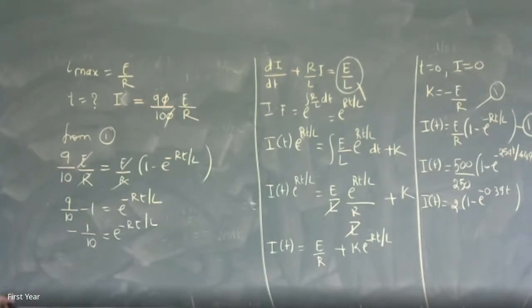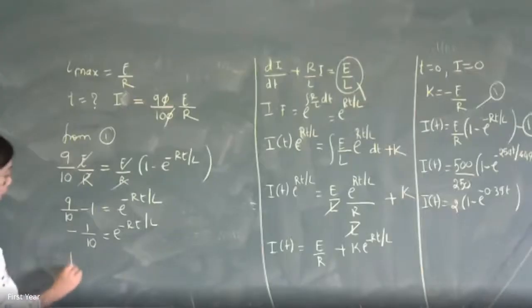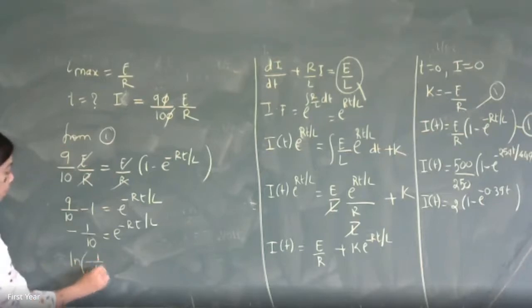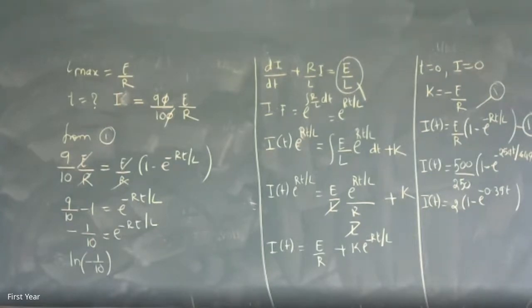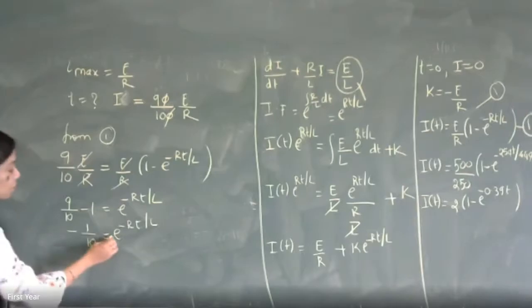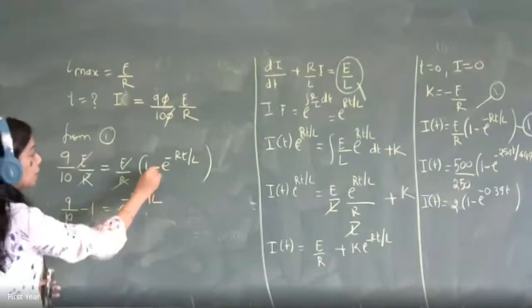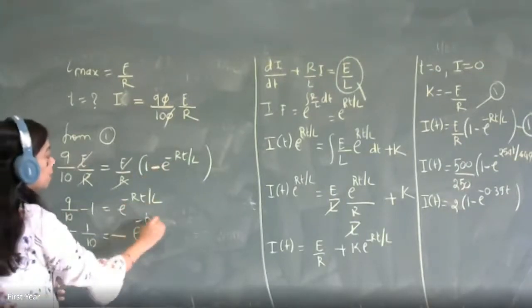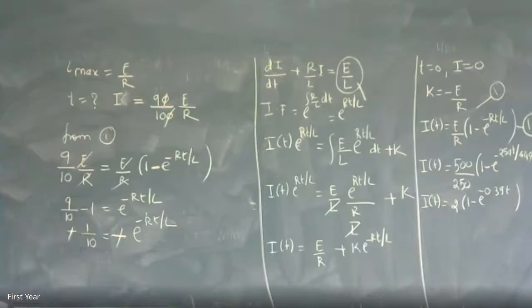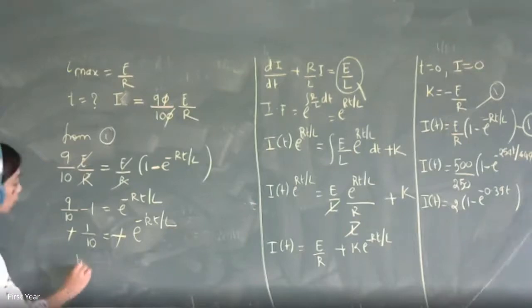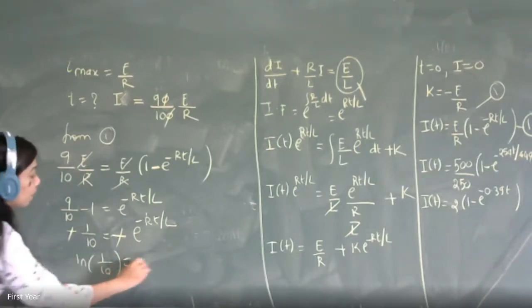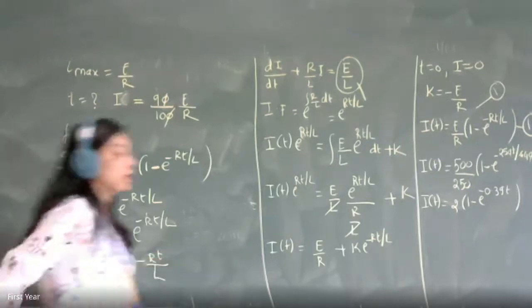How do you get rid of this minus sign? Ma'am, we can take ln. Yeah, but you have to be careful about this negative sign, this minus sign on both sides, minus e raised to minus RT by L, because the logarithm of a negative number is not defined directly. Okay, so 1 by 10 is equal to e raised to minus RT by L. So ln of 1 by 10 is equal to minus RT by L, and therefore